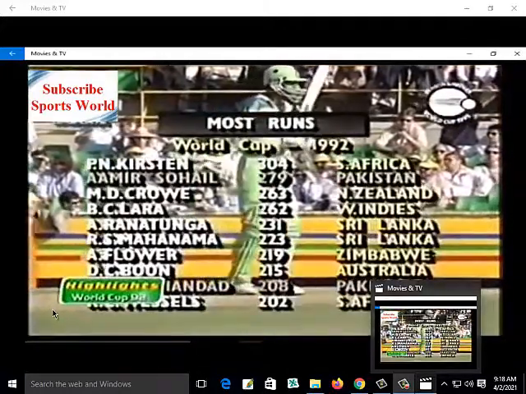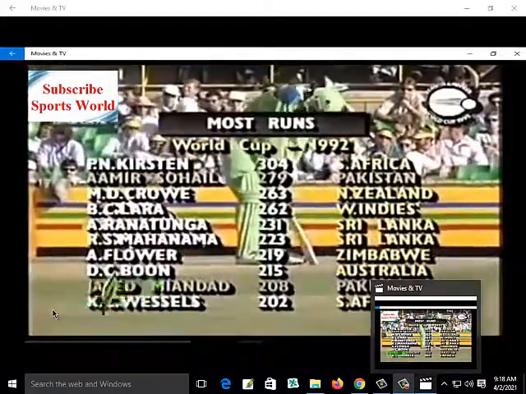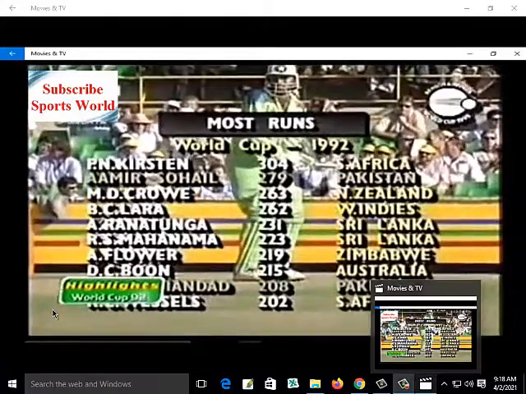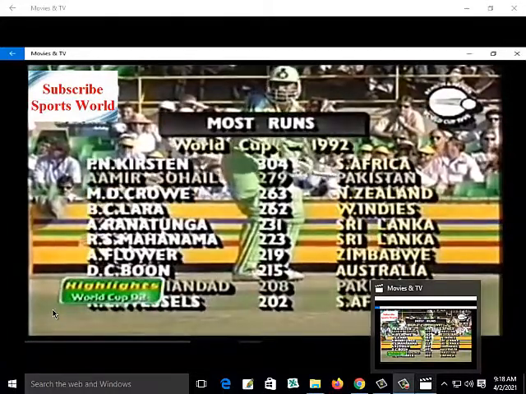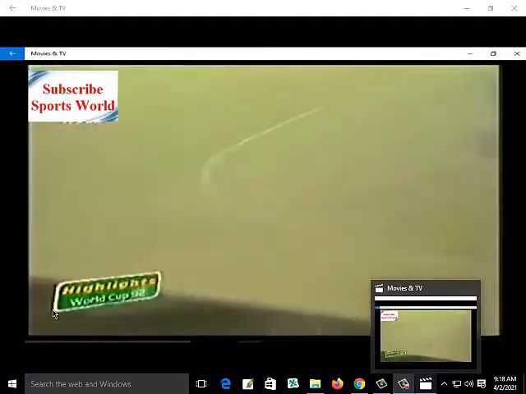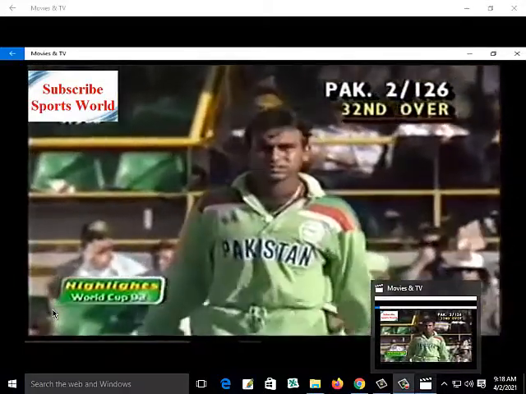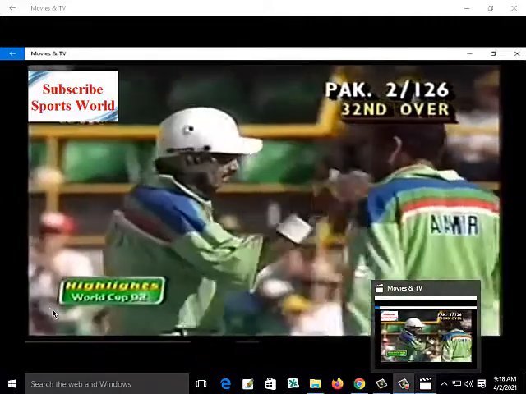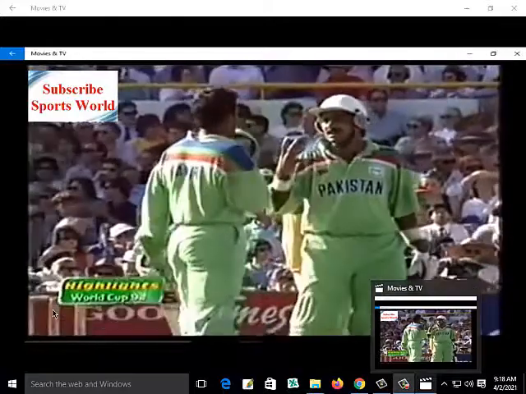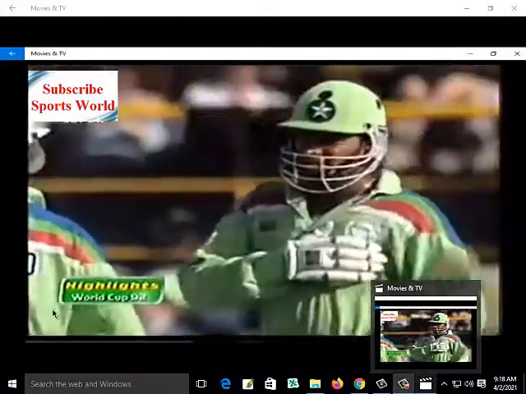Yes, there you have all the runs scored. Peter Kirsten, the leading run getter, but Ammir Sohail, 279. Very interested in passing Kirsten, Crow, Lara, 2 from Sri Lanka there. That's nicely hit. He's hit plenty of boundaries in this competition too. And up goes the bat. As he hit it, he had the bat in the air waving for the 50. And he knew where it was headed. And Javed, I would be certain, would be telling him, your job is only half done, son. Keep it going.